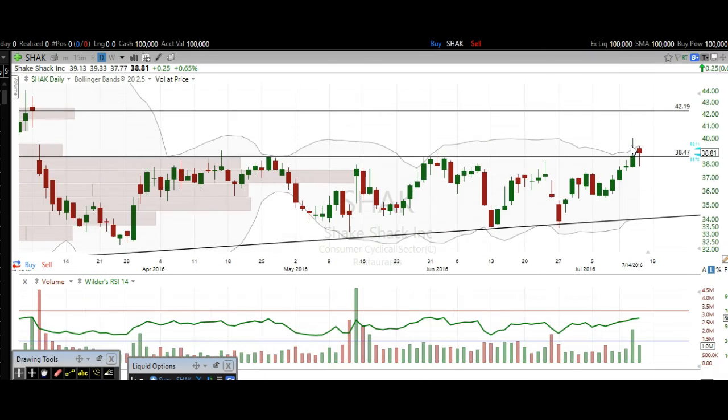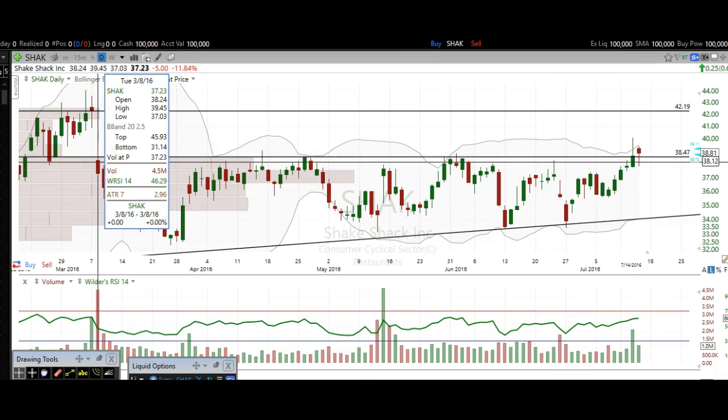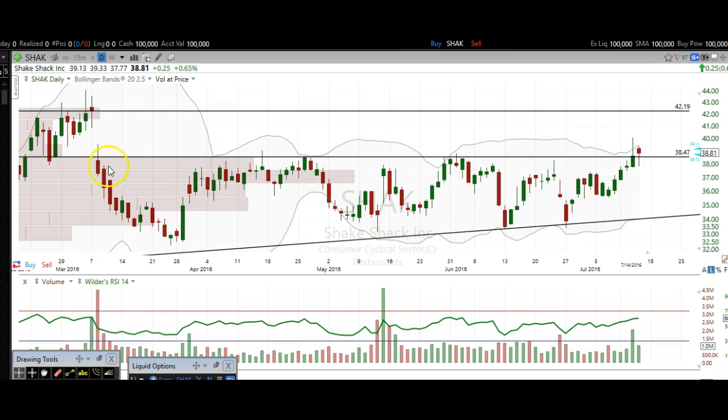Next, I want to be covering Shake Shack. This is a nice looking breakout here. And what makes this a nice looking breakout? Well, I'll show you. So we've got the gap down of this candle right here, and you can see the open of it is right here. The open of that candle is 38.24, and then you can see that we've gotten rejected around these highs several times here, here, here, here, almost hit that level, several candles up here, this candle right here, this candle right here,